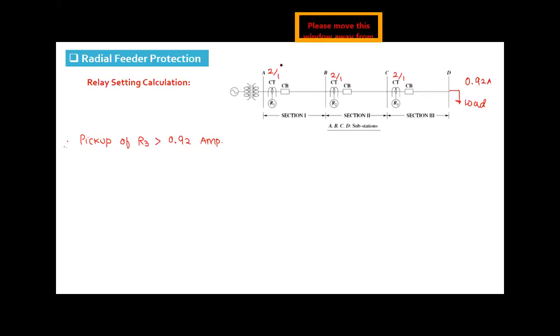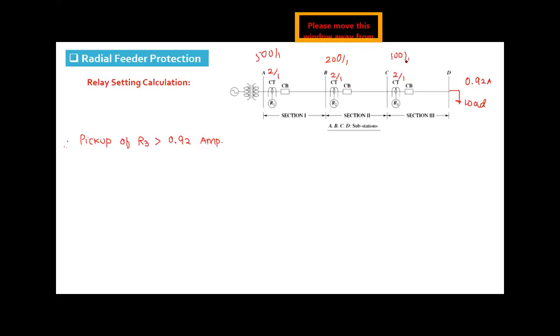In power system, see in laboratory, यहाँ पे तो हमारे तीनों CT का रेशियो सेम है, 2/1, 2/1, 2/1. In lab it is. But in field, actually this CT ratios will be different. It may happen that this is 100/1, this may be 200/1, this may be 500/1 in actual field. So तीनों का secondary कैसा है? Same, but primary is different. So if the primary is different, plug setting should be calculated based on primary.